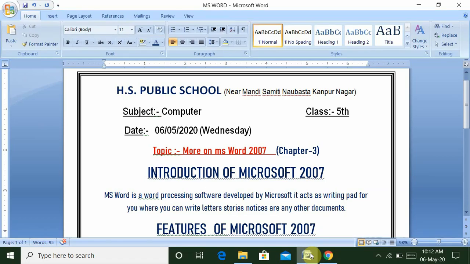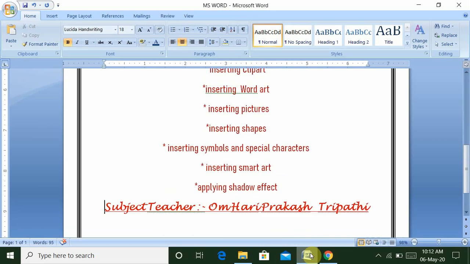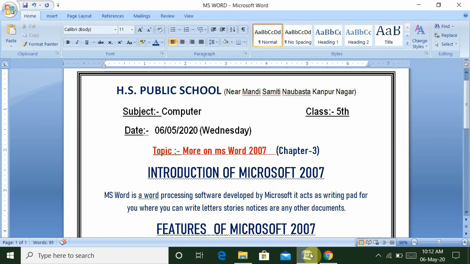I have predefined MS Word documents available; that is how to create your documents in MS Word. So look, today's topic is more on MS Word 2007. As you look, chapter 3, introduction of Microsoft 2007.